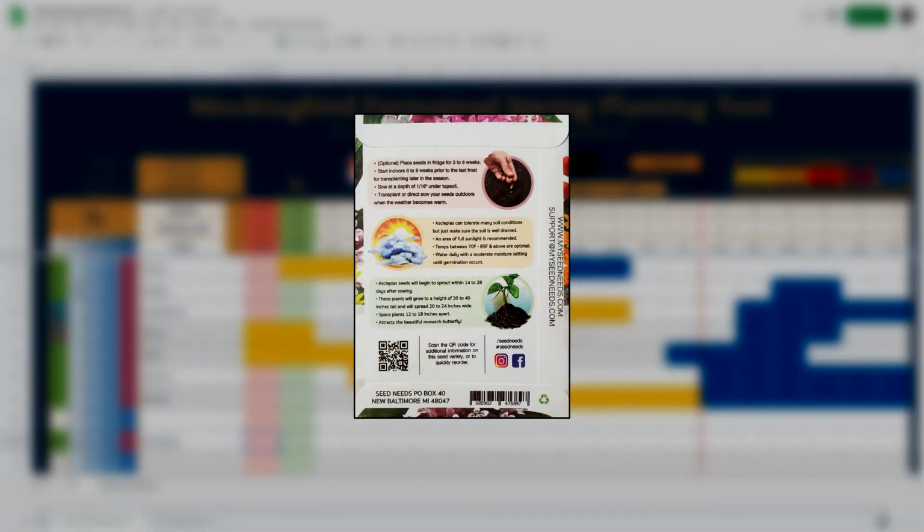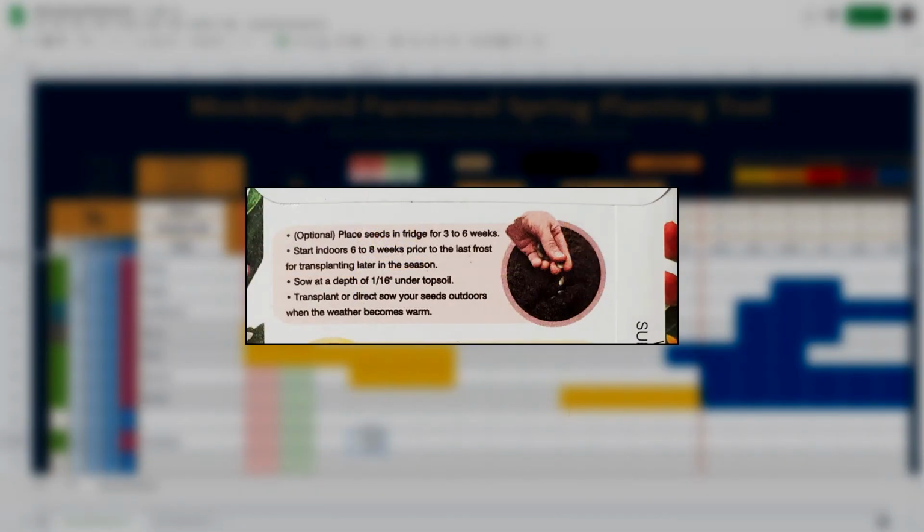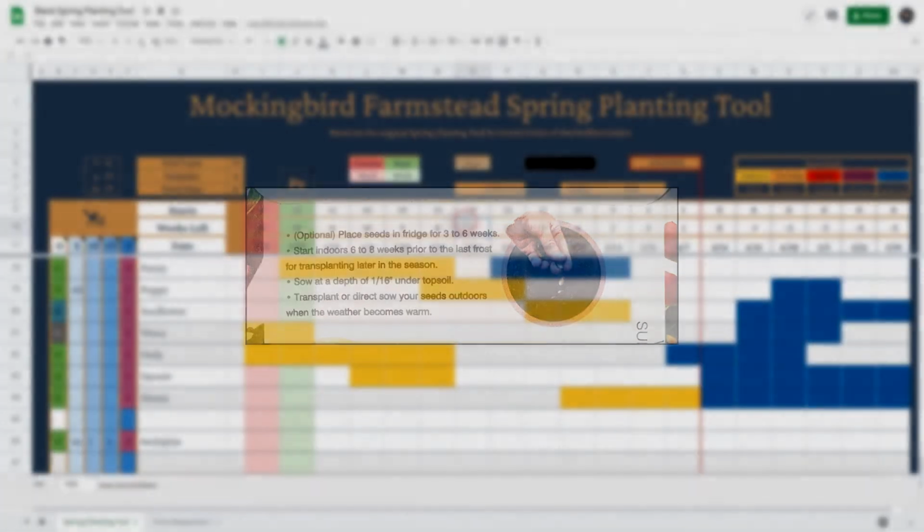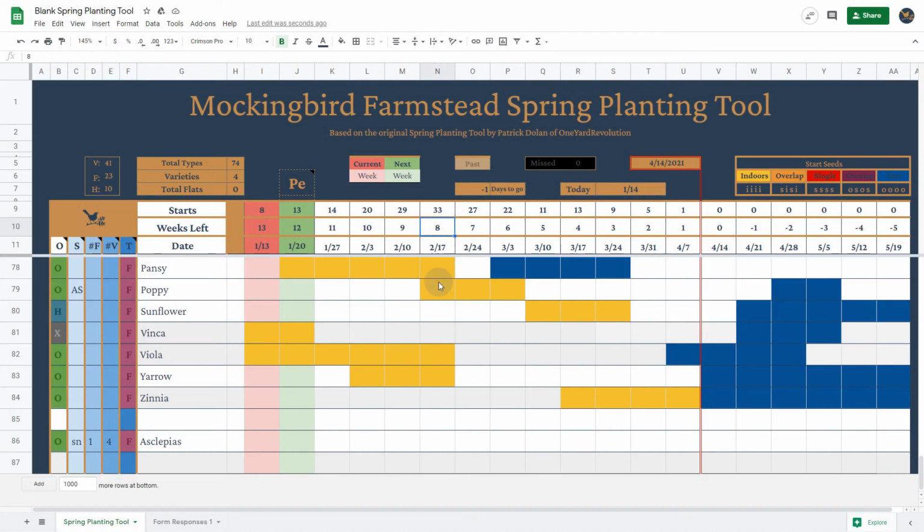Step 1 is to check the packet. I flip it over and what do I see? Optional cold stratification. Start indoors 6 to 8 weeks before last frost. Okay, great. So on the sheet, I find the column for 8 weeks before last frost, and I'll check the